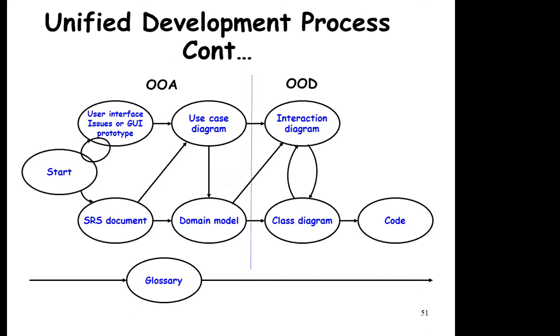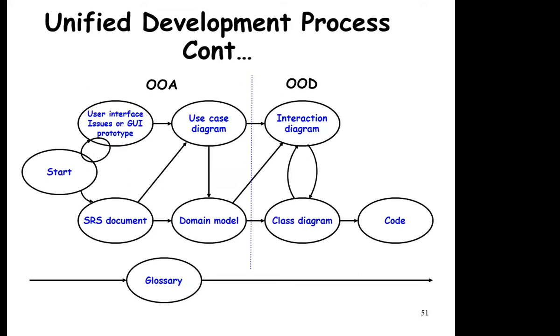This user interface thing we will do in the next lecture, how to design the user interface. Then we have to represent the different images with the different use case diagrams. Once analysis has been done, then designing starts. In the design we have already decided what type of classes and objects are there, so in design we design those class diagrams. Then for objects we design how they interact. The interaction diagram is there, and after that we go to the next phase, that is coding. So this is the whole process, a very important slide.